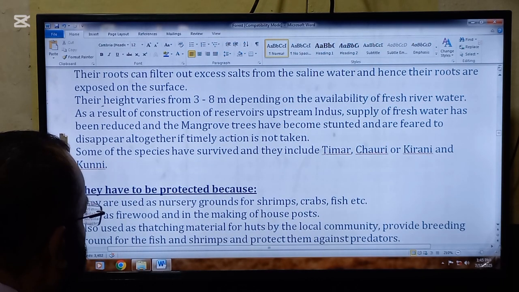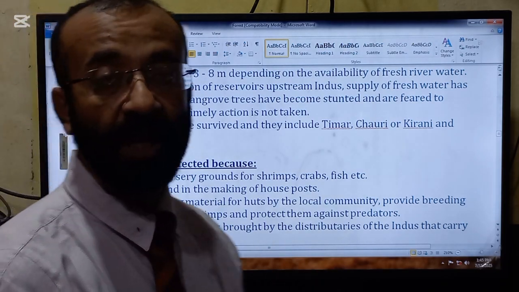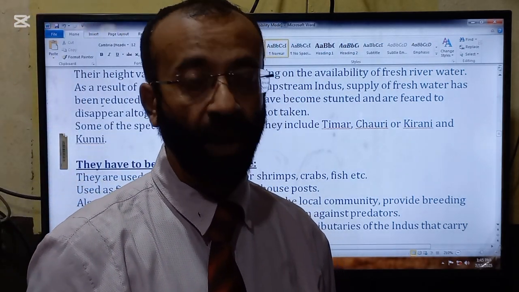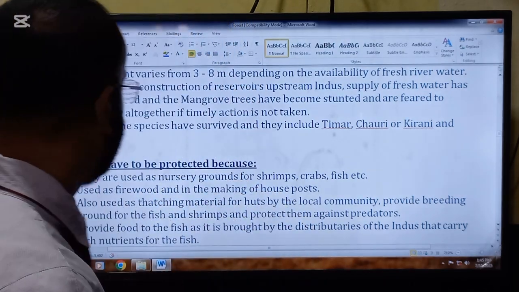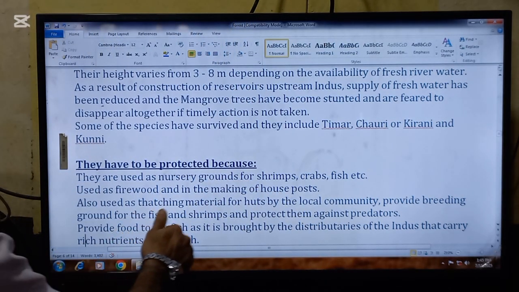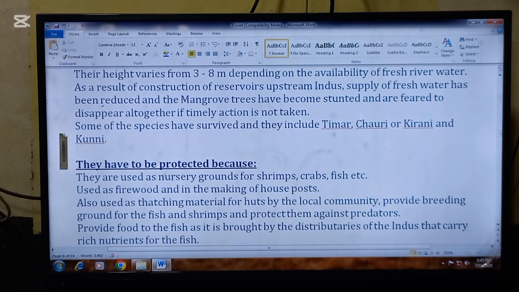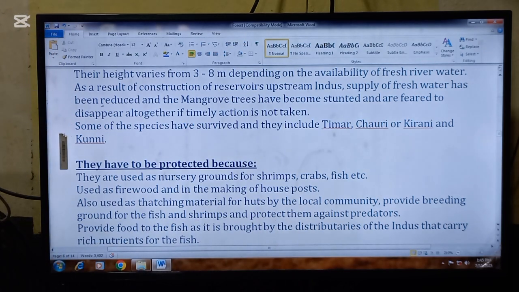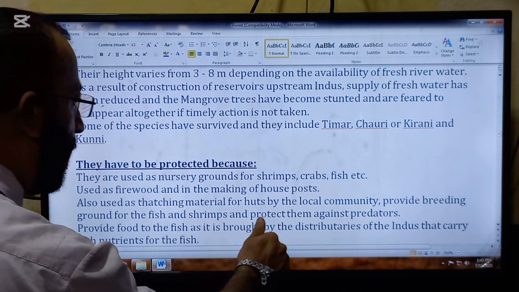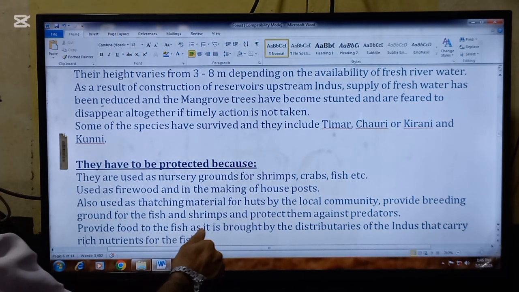They have to be protected, so these are the reasons why they are very important. Now we are going to read the points why they are very important. They are used as nursery grounds for shrimps, crabs, fish, etc. They are used as firewood and in the making of the house post. Also used as thatching material for huts by the local community, providing breeding ground for the fish and shrimps and